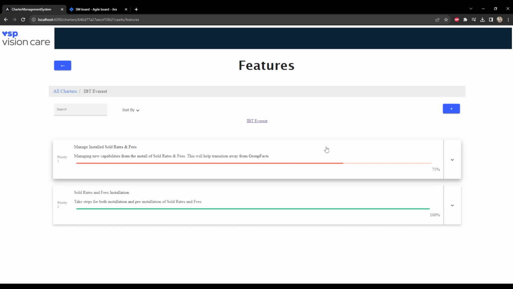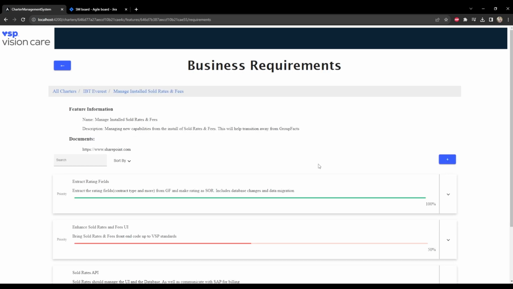But the features page is pretty straightforward because it operates the same way that the charters page does, with the search and the sorting and the creation, and then it also has the edit and view documents. The only thing it's missing is the view tree option, just because that's a charters only thing that we wanted to have. So I'll go ahead and click into one of the features, which will bring up the business requirements